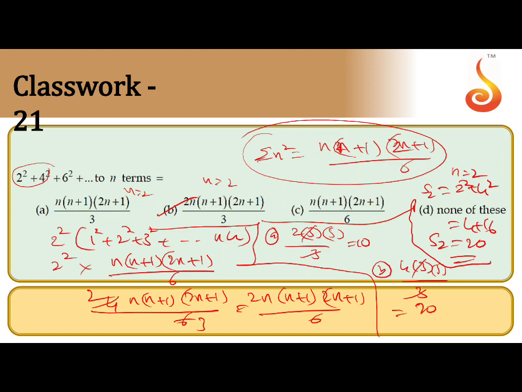Once again, first of all, assume n equal to 2, which means the sum of two terms, S2. Calculate S2: 2 square plus 4 square, 4 plus 16, 20. S2 is 20. The answers are all Sn. To find Sn, the first option with n equal to 2: 2 into 3 into 5 by 3, the 3s cancel, we get 10. That means A is ruled out. Next, the second option: 2 into 4 into 3 into 5 by 3, the 3s cancel, 4 into 5, 20. That is the answer. If you take the next option, 2 into 3 into 5, 2 into 3 means 6, cancel, we get 5 only. That is not matching. Only option B is correct.